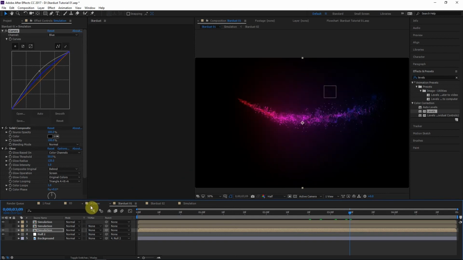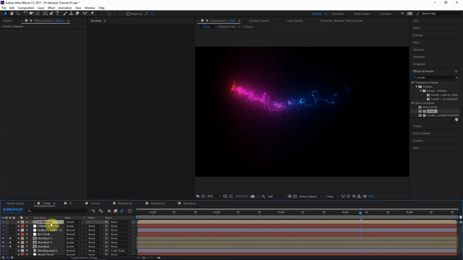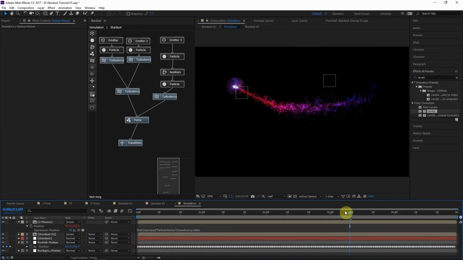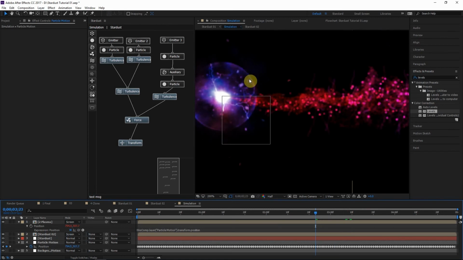Now we did have a glowing orb in the front of this for the original example. I can kind of copy that and show you how that all works together. And as I said, we're not going to go over this. It's going to take too much time. This tutorial is already too long. But I'm going to show you how you can kind of make these particles interact with the edge of the